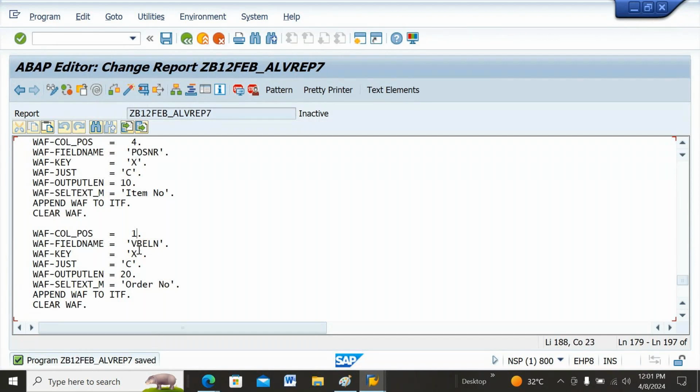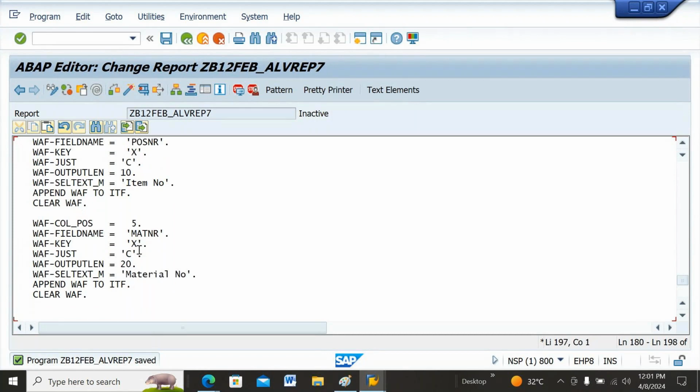okay, next, fifth one, correct? Fifth column, MATNR, material number. This should also be center, and 18 digits will be there. We can make it 20, and material number. Good. After that, sixth field